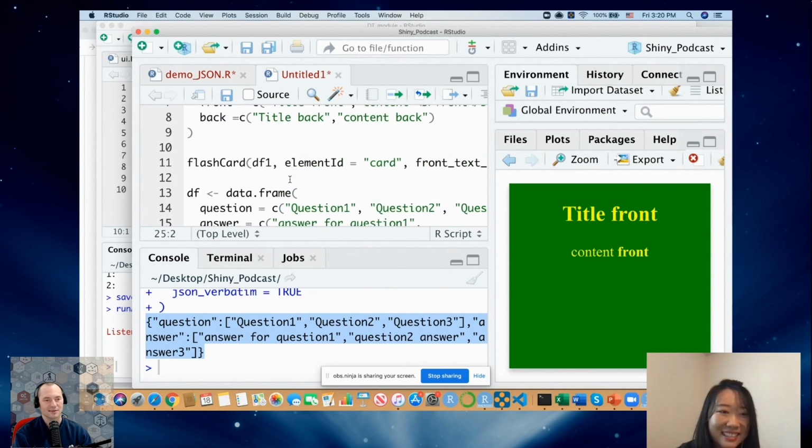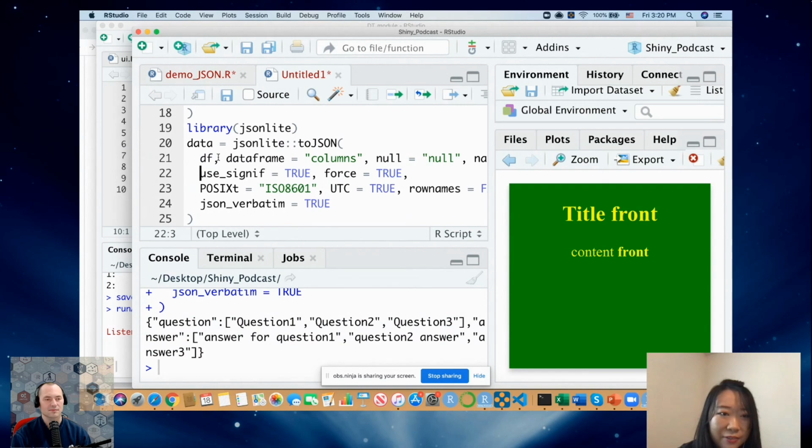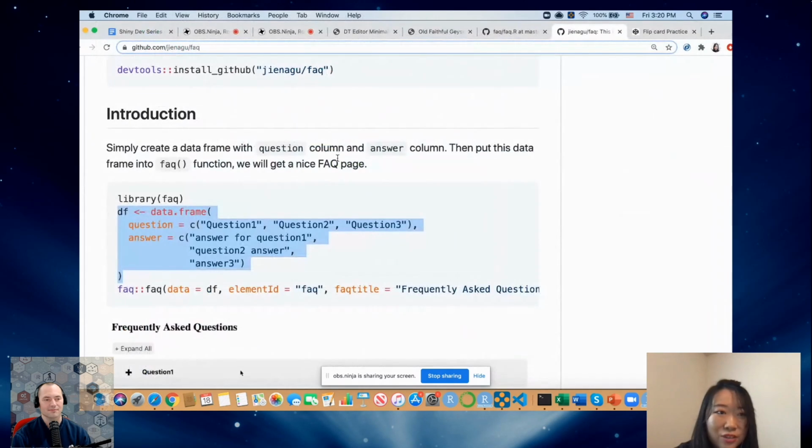So from this data frame, if we put it through jsonlite, it will spit out this JSON format, and now we can use this JSON format and go back to